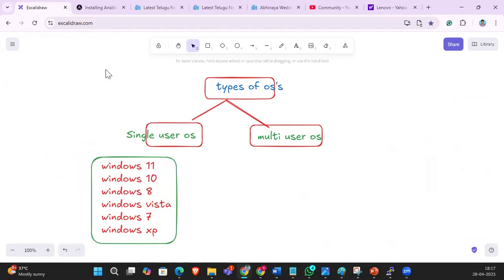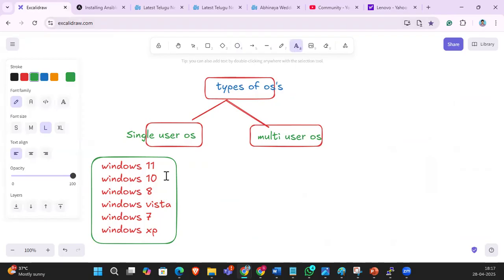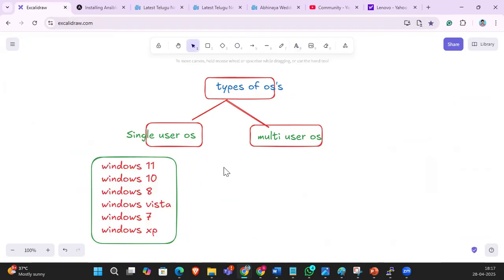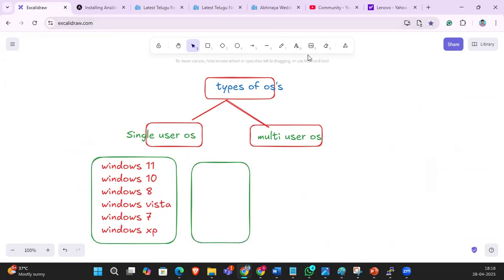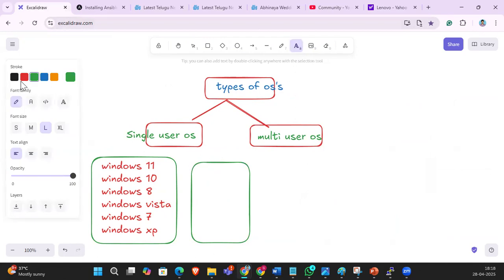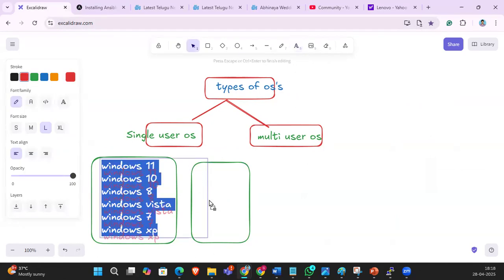The hardware companies also designed two types of hardware. One is for single user operating system, the other one is for multi-user operating systems. So what are those single user operating system hardwares?